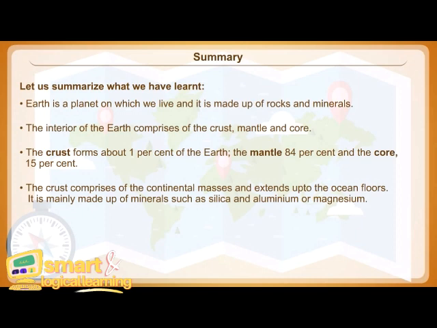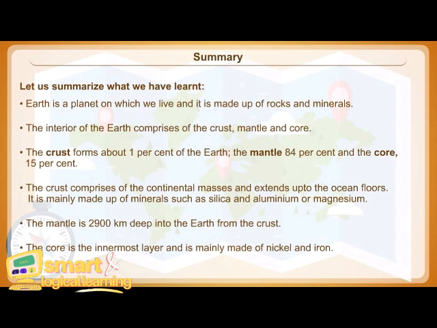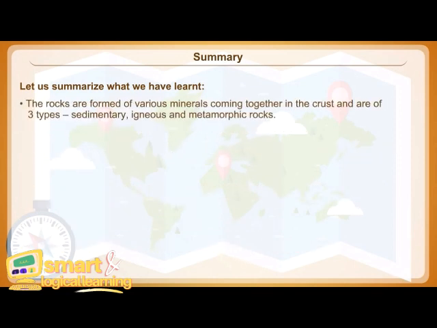It is mainly made up of minerals such as silica and aluminium or magnesium. The mantle is 2,900 km deep into the Earth from the crust. The core is the innermost layer and is mainly made up of nickel and iron. The rocks are formed of various minerals coming together in the crust and are of three types: sedimentary, igneous, and